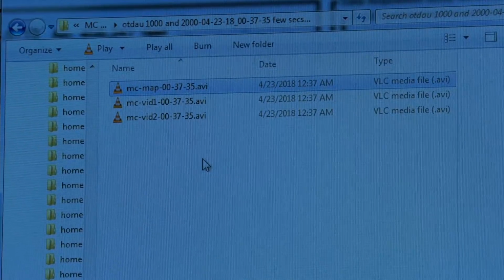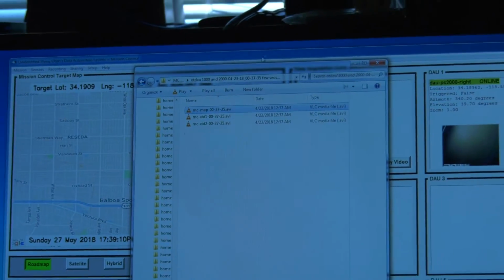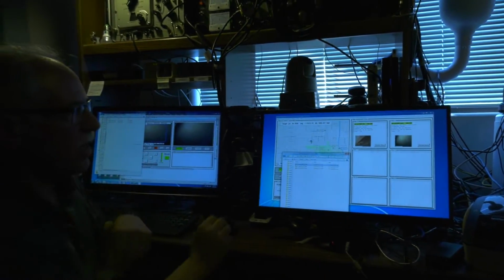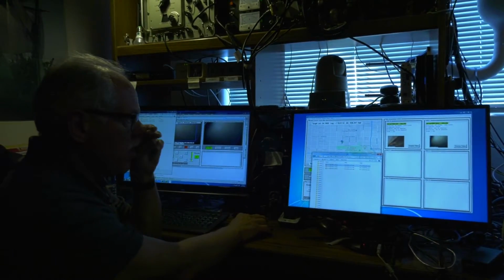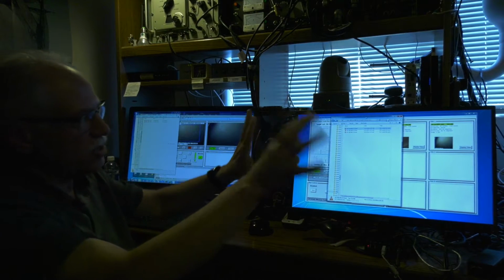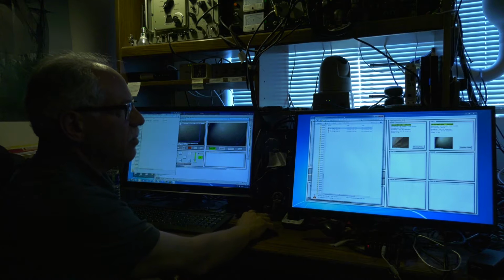The mission control establishes, in parallel with OTDAU, its own video stream to those cameras, and that's what it's using to record, and that's what it's using to give these thumbnails of what those cameras are seeing. So someone in mission control can say, wow, look, I can see this object, and this is what it's recording, what's causing it to triangulate.